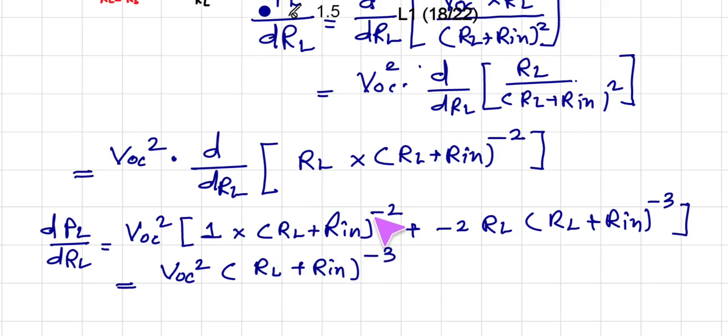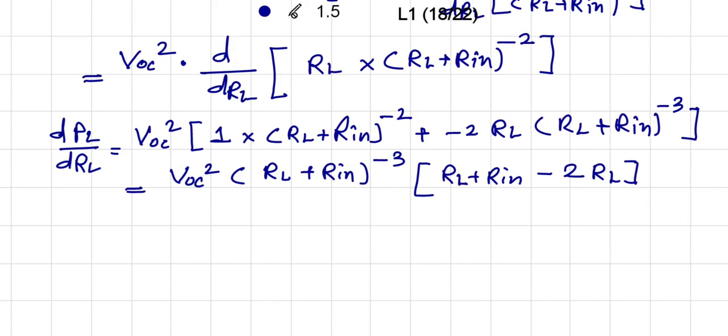So we need to multiply by (RL plus Rin), which is why this term will be in the bracket: (RL plus Rin) minus 2 RL. So we've got dPL by dRL is equal to